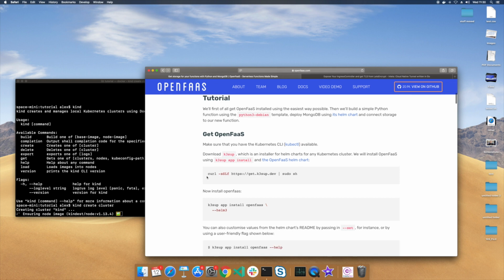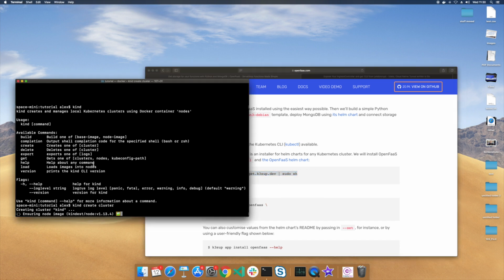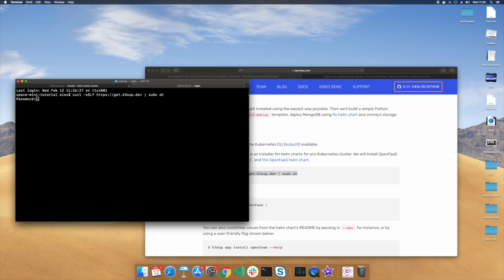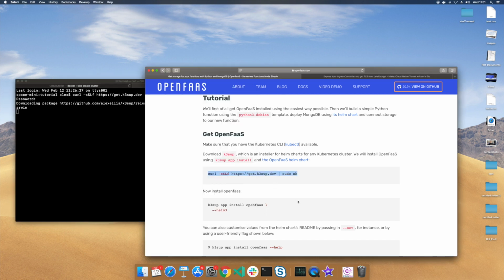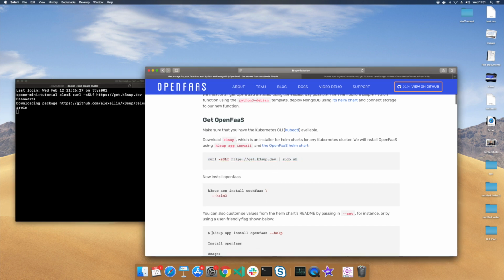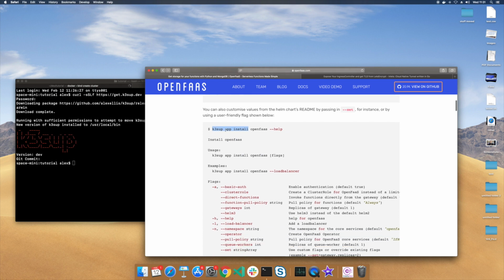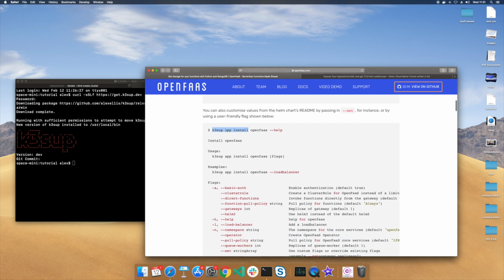It's now a one-liner, and we have a CLI for this. We thought about creating our own CLI to install OpenFaaS, but in the end there were just so many different packages we ended up needing that it made sense to create more of a generic installer. And this one's called Ketchup. Once you have Ketchup, you get this new command called app install,